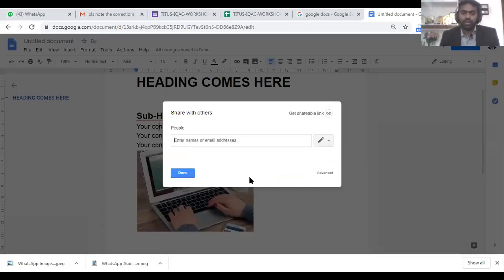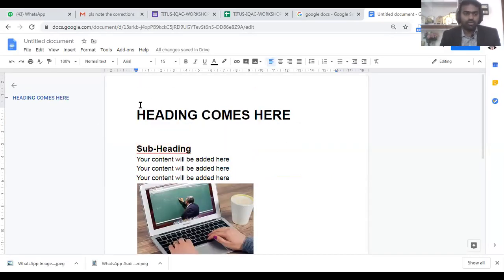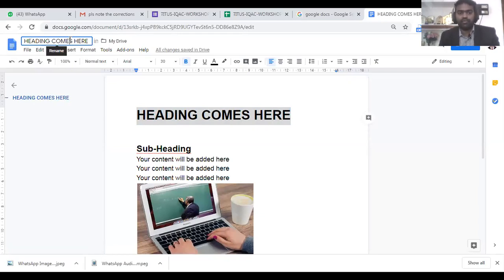And okay, I forgot to tell you, after you open a document in Google Docs, you have given a title, isn't it? So if you click here, by default the system will be taking the first line of the document as the name of the document. Okay, we don't want to type if we need the same title as the name of the document, otherwise here you can add also. Now what I do, webinar demo Google Doc. Okay, I'm giving that as a file.